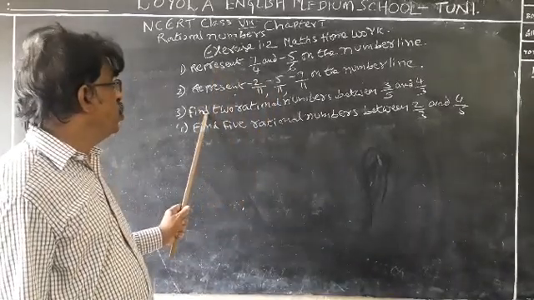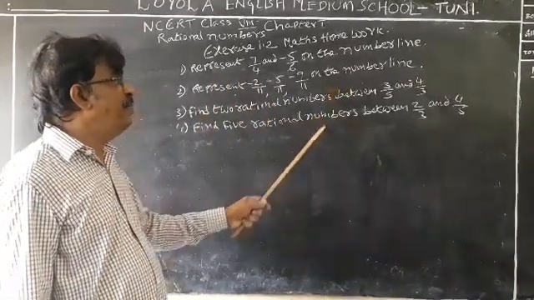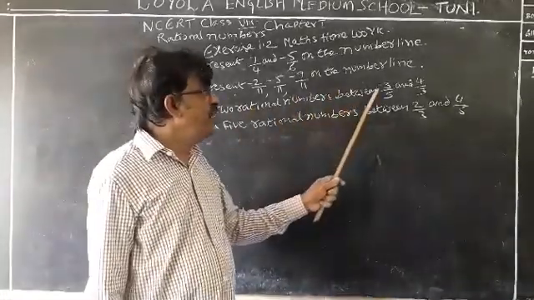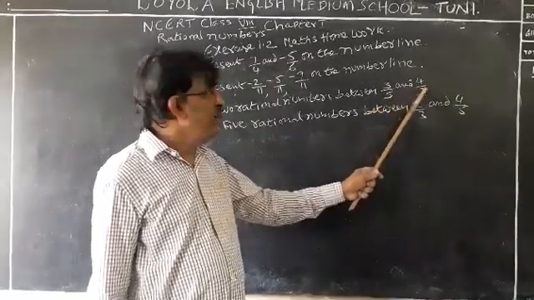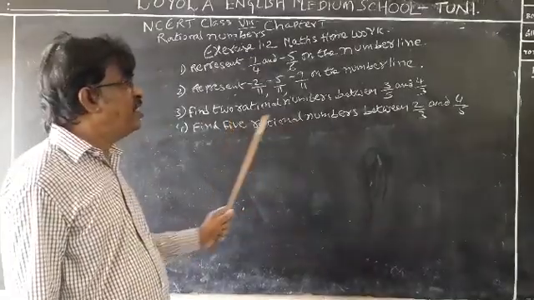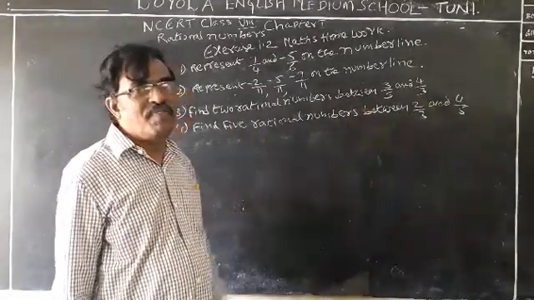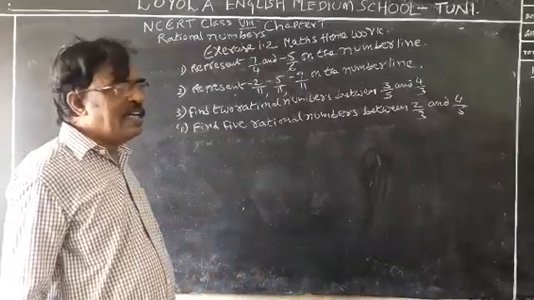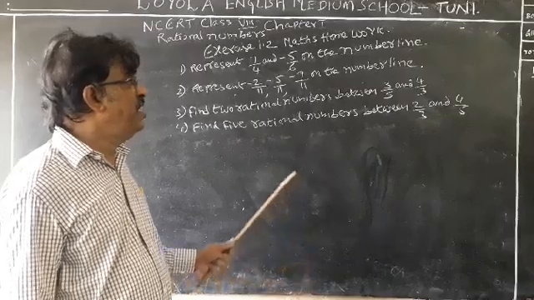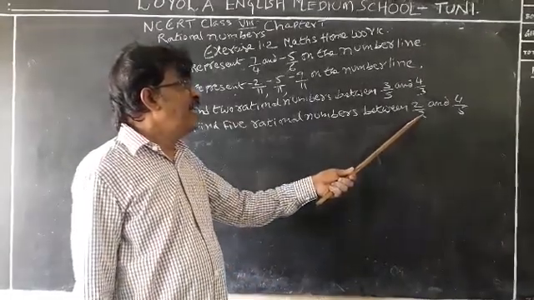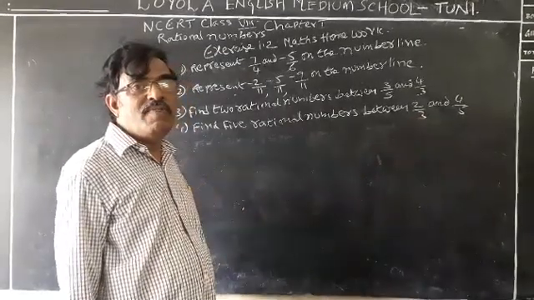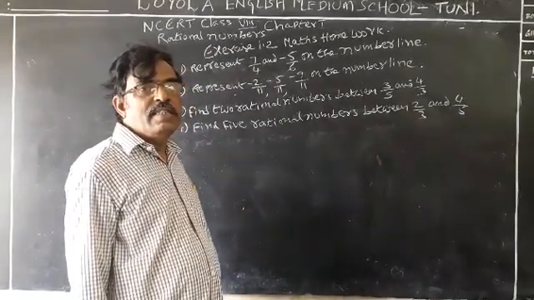When it comes to finding two rational numbers between, I explained this type of model also. Find two rational numbers between 3 by 5 and 4 by 3. Find 5 rational numbers between 2 by 3 and 4 by 5. Whether 5 rational numbers or 10 rational numbers, however many we require, we can find very easily. Before that, first let us convert into like terms, that you don't forget. This is the given homework for today. That is the end of the second day class.